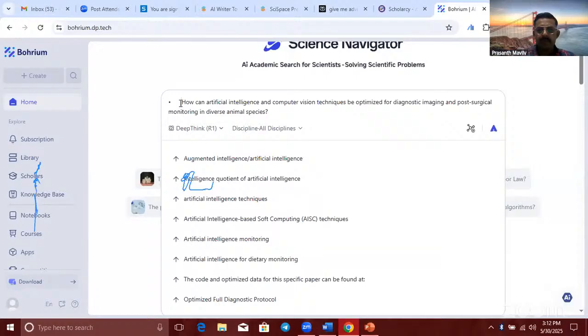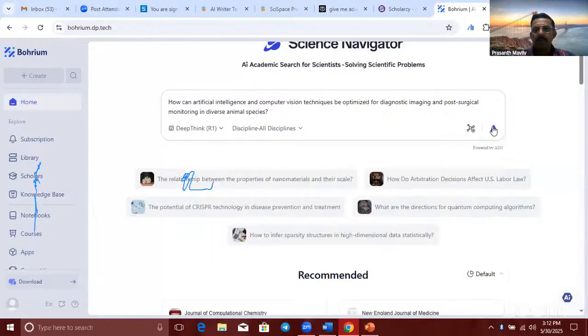This is the query we are pasting, and we are using deep think. And we'll have a try.